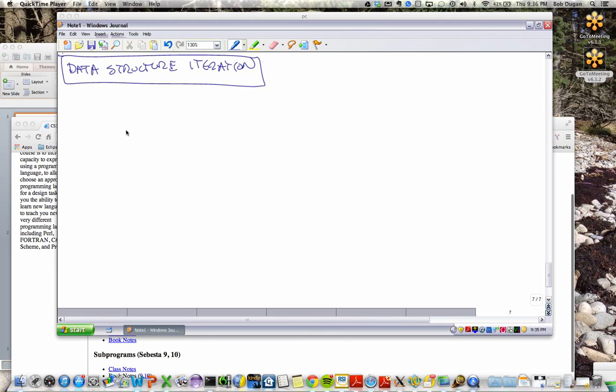And you've encountered this, I'm sure you've encountered this in Java. There used to be a kind of an awkward way of doing it. So let's say I had an array list,